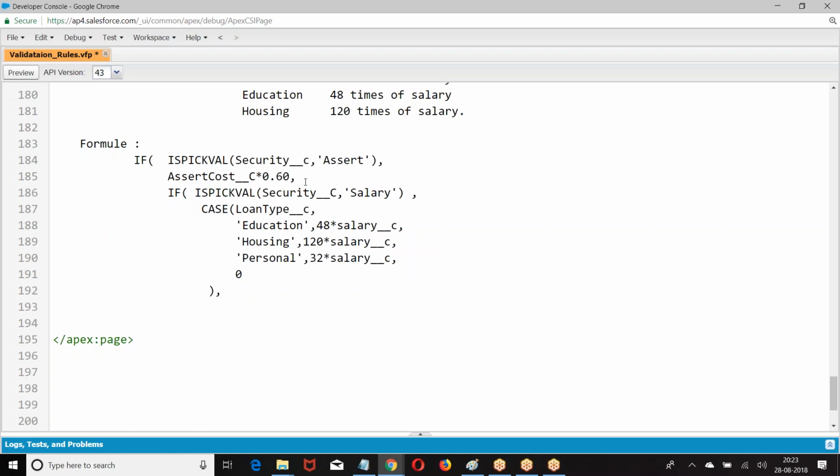If it is housing, 120 times. When the security is salary. If it is not salary, none will be coming. If it is none, 0.